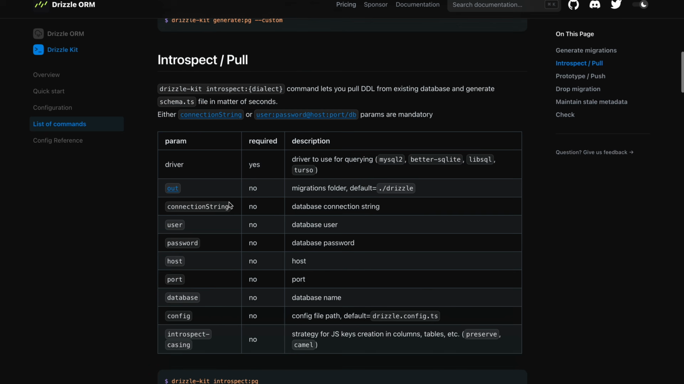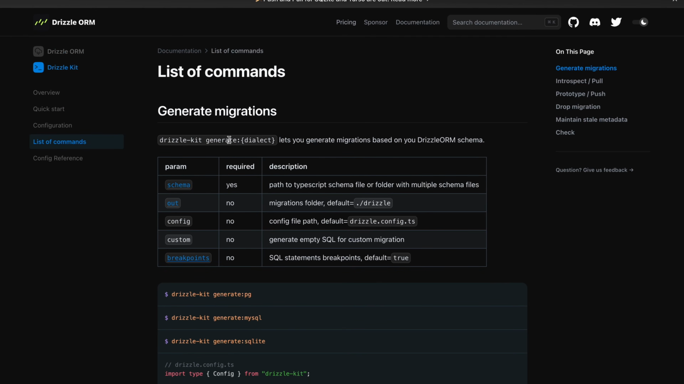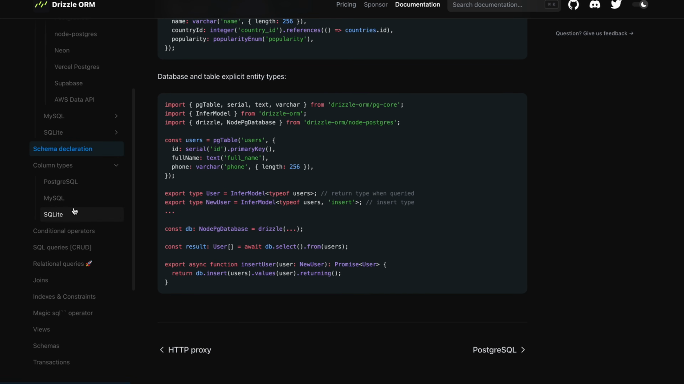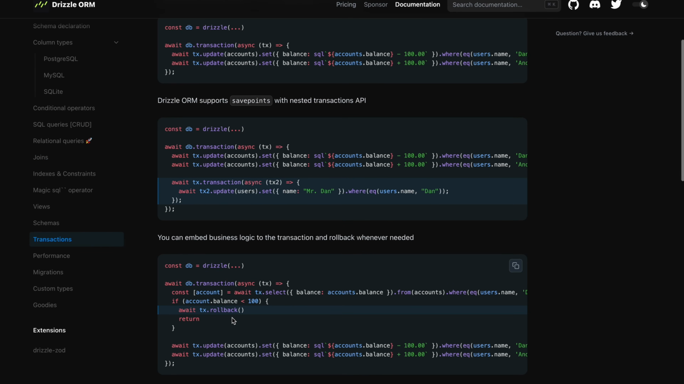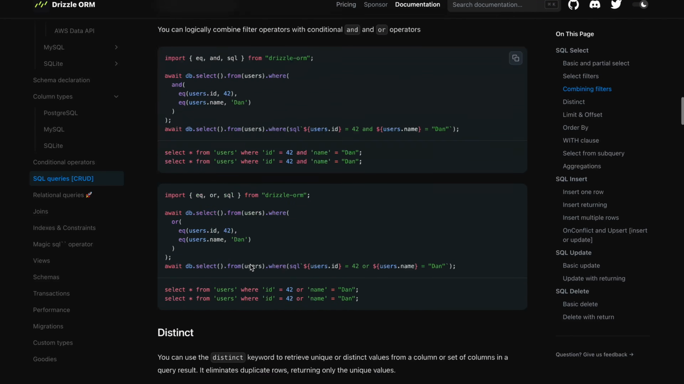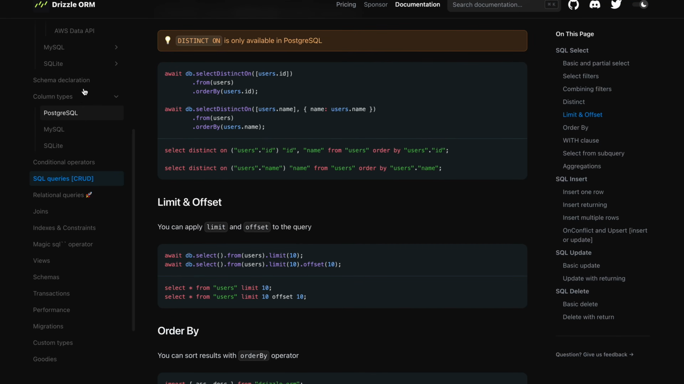For example, it supports introspection, generates migrations from schema, makes type inference easy from the schema, it supports database transactions, and you can make all sorts of SQL operations, which is practically most of the things that I need from an ORM. It looks really good on paper, but I am someone who likes to play around with the code